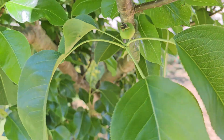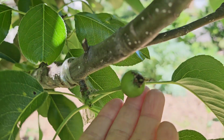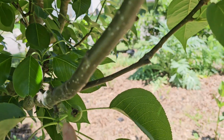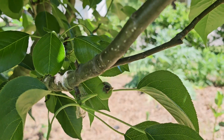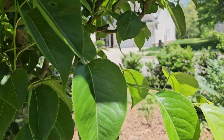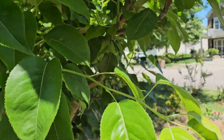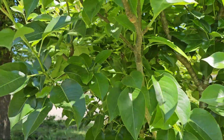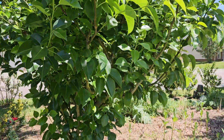Maybe this is the one I was thinking about. Hey, maybe this one made it. So that's an Asian pear. This is the Stark Giant Asian pear. Some of the other ones, it's basically just greenery this year, but it's a nice